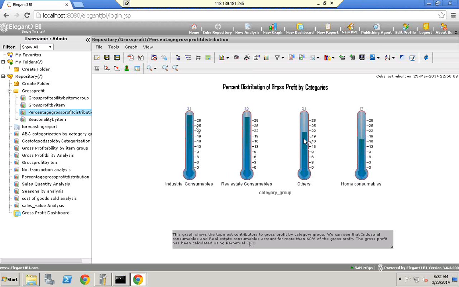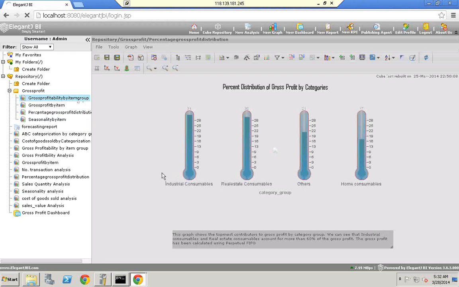So now this is a thermometer graph, and we have kept a benchmark of 22%. So above 22% is what we would actually be looking at. So real estate consumables and industrial consumables, they account for approximately 61% of our gross profit. Then